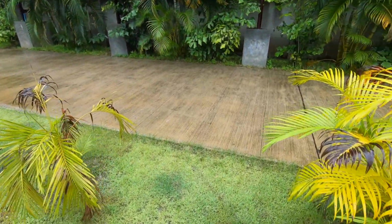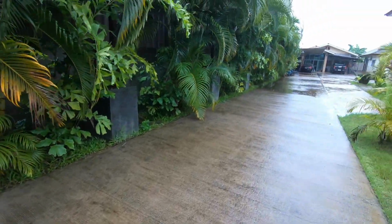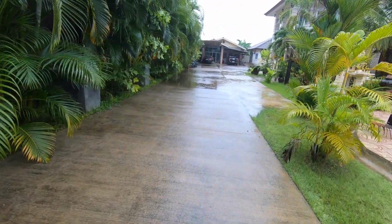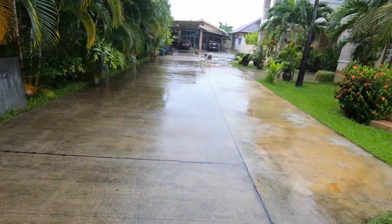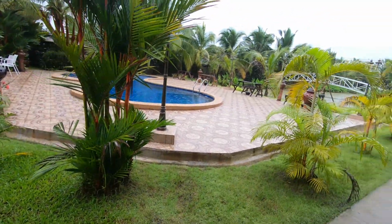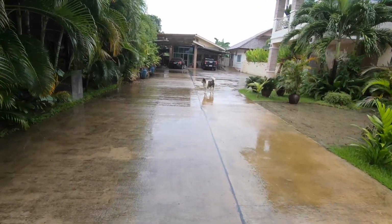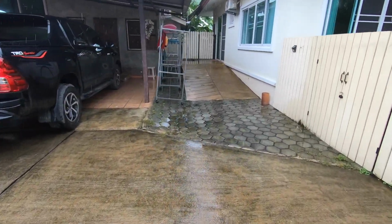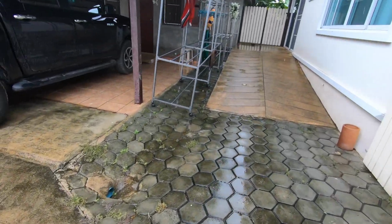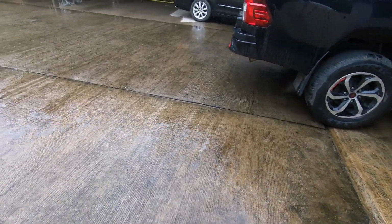So anything that actually rains on this side of the property feeds 2 places. One back behind me here to the pond, or down this direction to what we've put down here, which is a drainage system to go out back to the canals back behind us. And that little drain port right there,